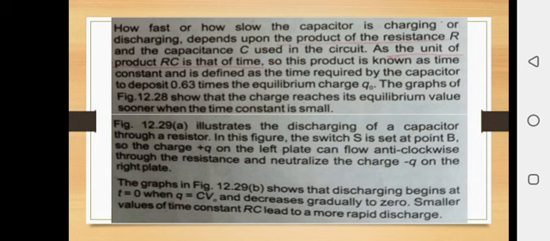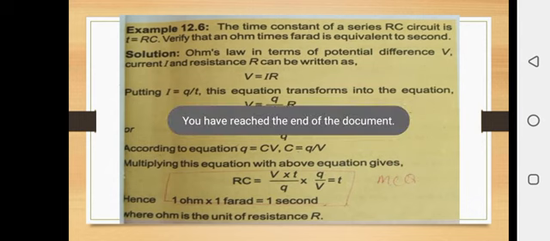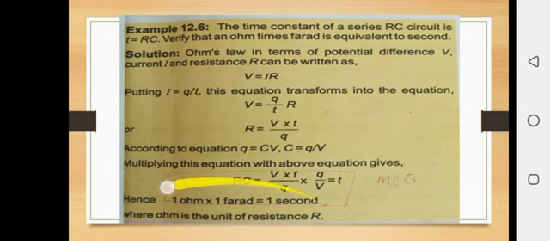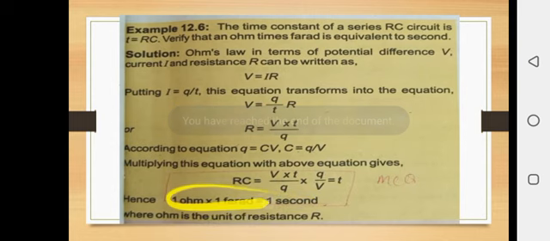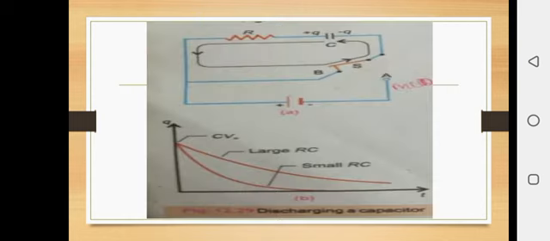As we know, the unit of the product of RC is that of time. Always remember RC is equal to T. So it means the unit of the product RC is second. This is a very important MCQ, as this one is discussed in this example. Prove it. The unit of resistance is ohm, while the unit of capacitance is farad, and RC is equal to T, time, in second. So this is an important MCQ, and also important for your numericals.